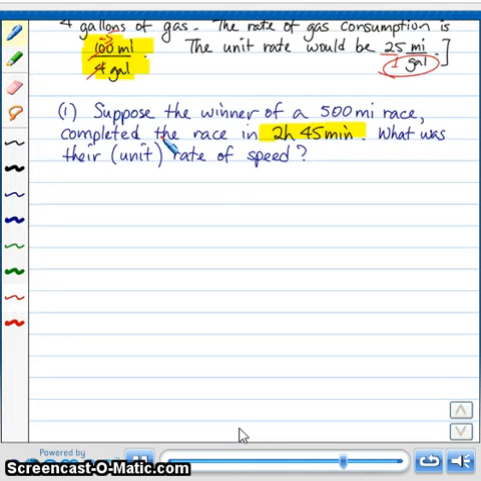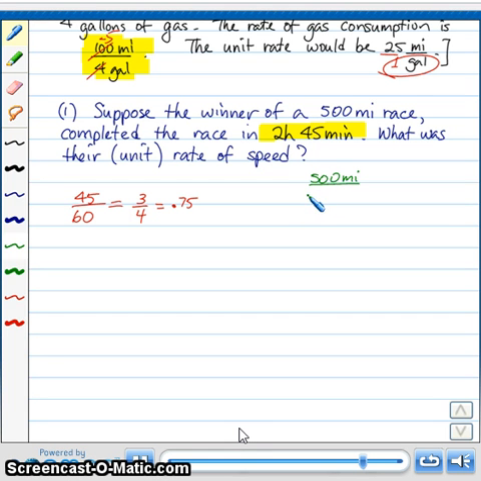Okay, well, let's see what we're going to do here. I'm going to take 45 minutes and convert that into hours, because I know that there are 60 minutes in an hour, so I'm going to have 45/60ths of an hour. 15 divides into both of those, so that's 3/4 of an hour. So you could write it as a fraction, 2 3/4 hours, but 3/4 as a decimal is 0.75. So I'm going to take 500 miles